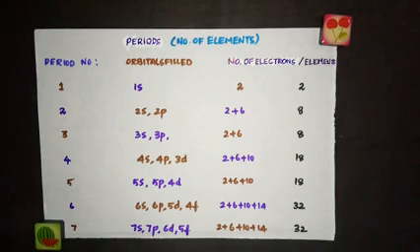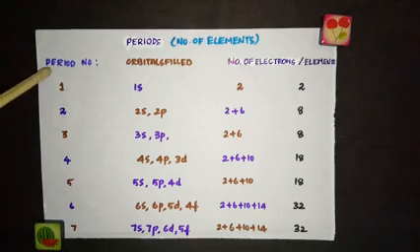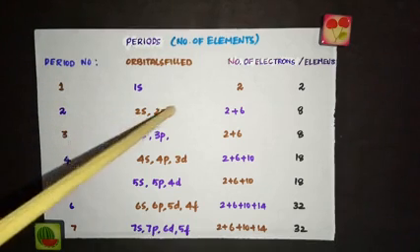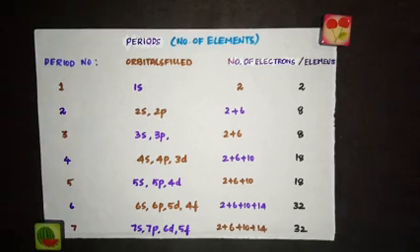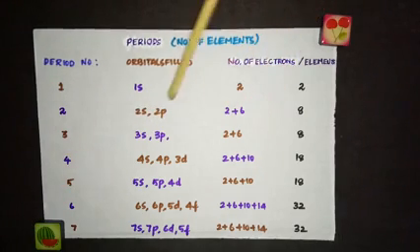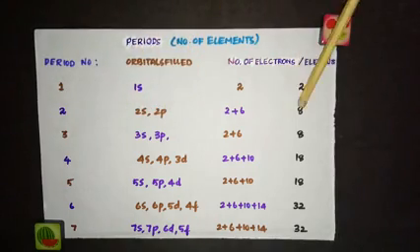The questions will be asked like, there are 8 elements in the second period. So the question would be, the second period has 8 elements. How would you justify the presence of 8 elements in the second period of the periodic table? So what would be your answer? When n is equal to 2, then what will be the orbitals filled? 2s and 2p. And there are totally 8 electrons accommodated in these orbitals. So we have 8 elements in the second period.